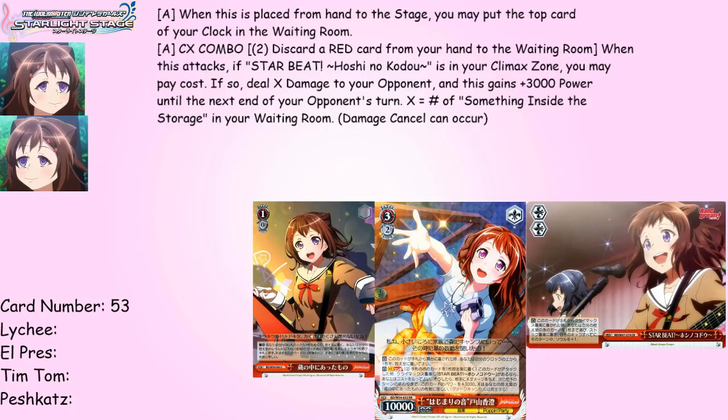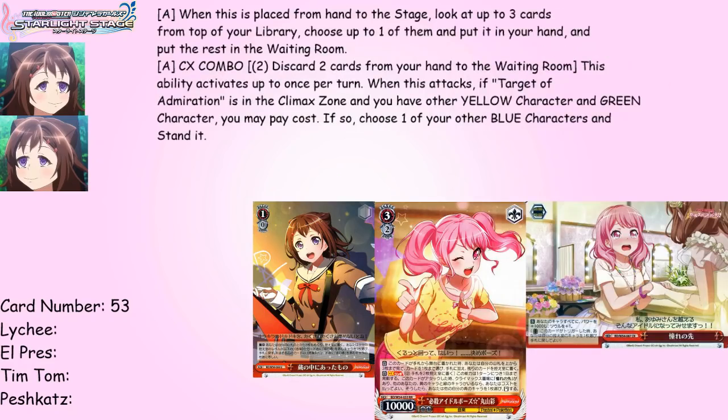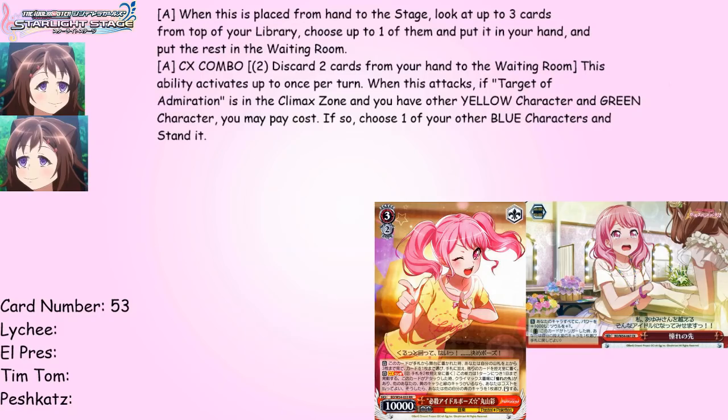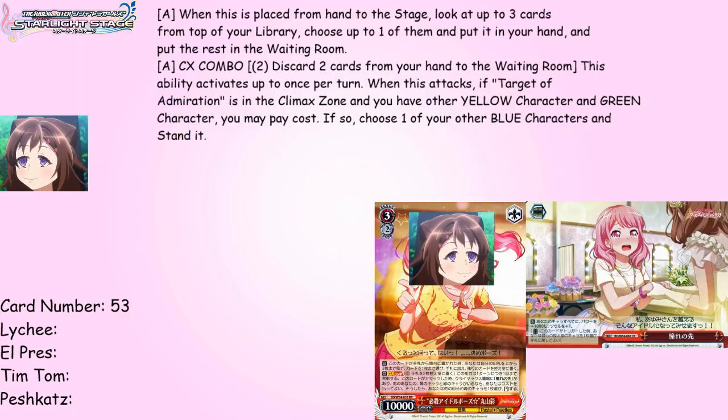Next card is a Pastel Palettes card. Oh no. I don't think Thomas likes this card. So this is a 3/2 Aya Maruyama Decisive Idol Pose. When this is placed from hand to stage, check top 3, add 1 to hand, ditch the rest, and up to